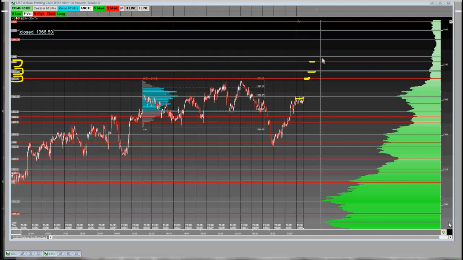Now the buyers may well take the price, the price might well get up there, and buyers might start accepting. This is where the concept of acceptance above value comes into play. If we see this volume distribution start to build like this, then we can start saying to ourselves, okay, we better watch out. However, if we get up here and this volume distribution doesn't build, and we get up here and price advertises, and we still see lack of volume building up there,